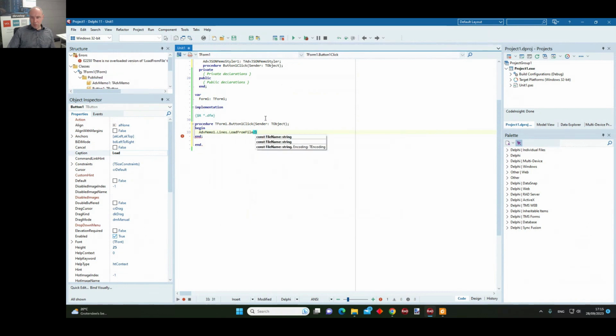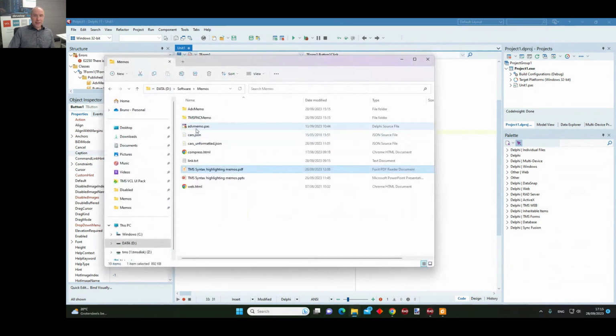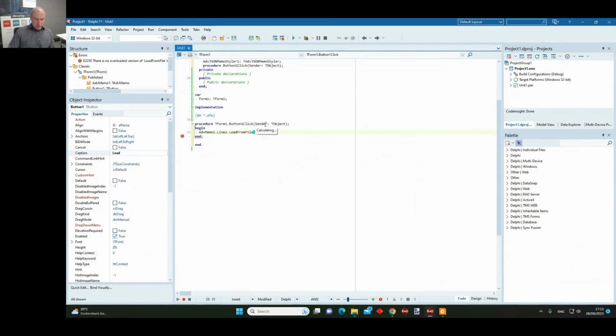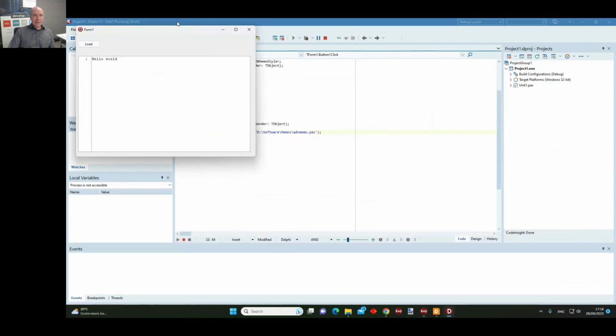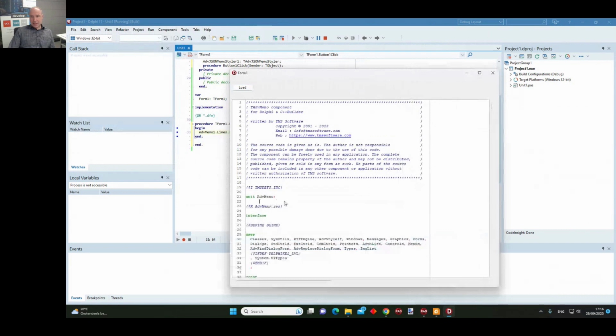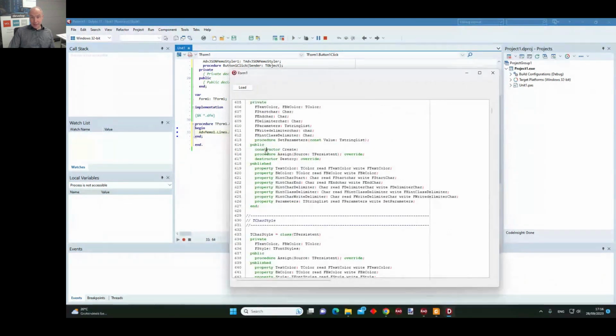files into this memo, and therefore I have prepared, as you can see here, the source code of the ADV memo. So with the ADV memo, we will edit, in this case, the ADV memo.pas source code file. So this is the path to the file, and it does not take more than this to open this in our ADV memo. I press load, and here is our code. And as you can see, it holds all the source code of ADV Memo, and it performs the syntax highlighting.